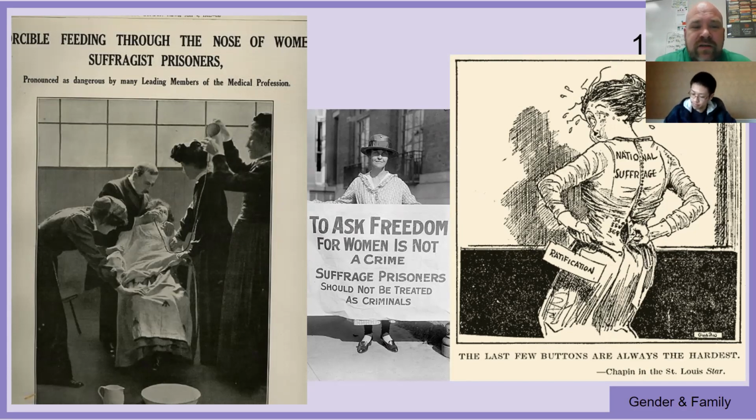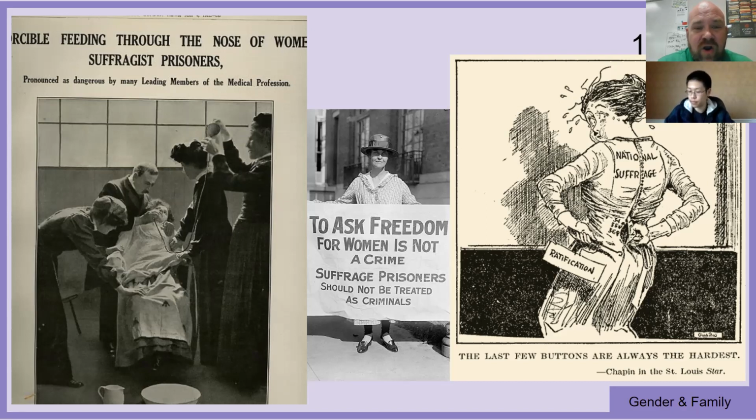While they're in the prison, a sympathetic guard is getting the word out of what's going on. The women's groups on the outside are talking about this and raising all hell and getting this out in the newspapers. They start getting reports from inside the prison about what's happening. Alice Paul, Lucy Burns, and the other women go on a hunger strike.